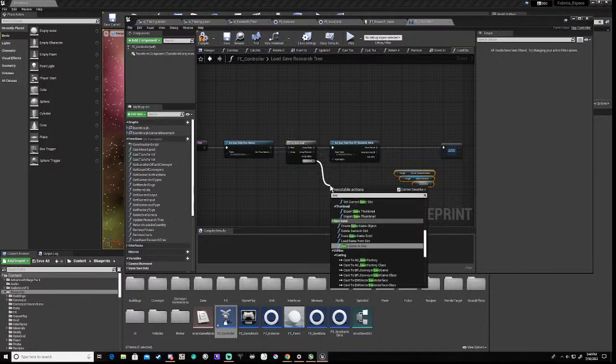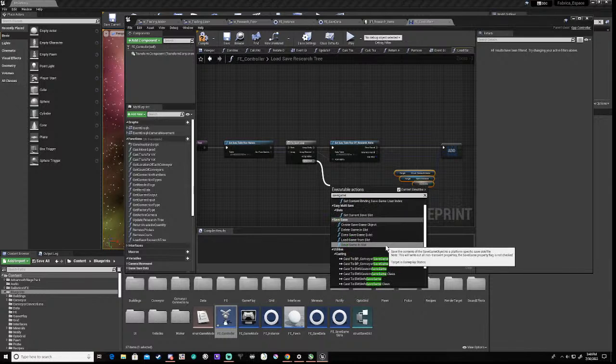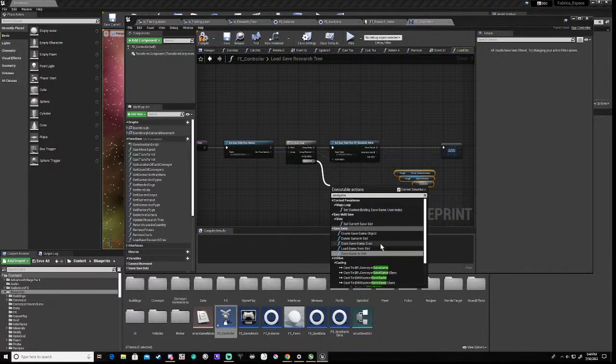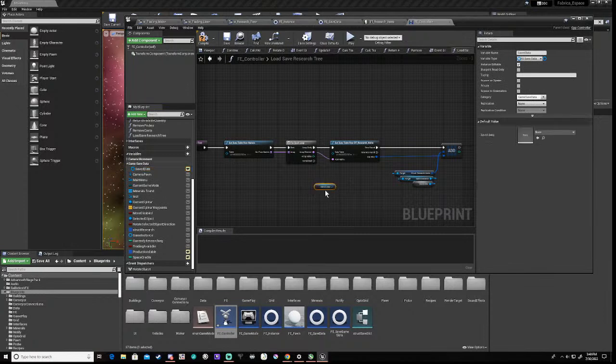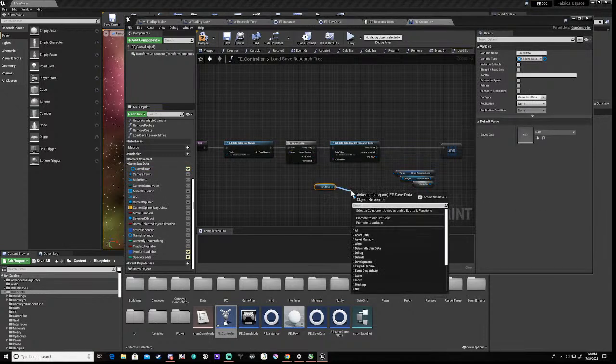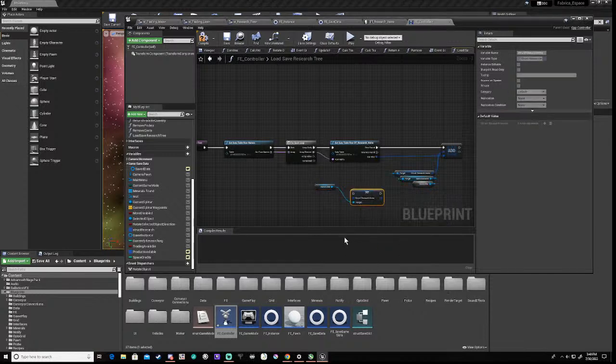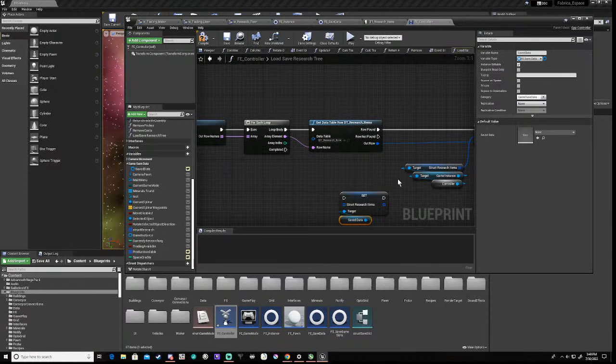we need to do save game, right? So where's our save game instance? Game instance. Where's our save game? Oh, it's in here. Right, okay. So here it's here, save data, get, then research, set research, right, and